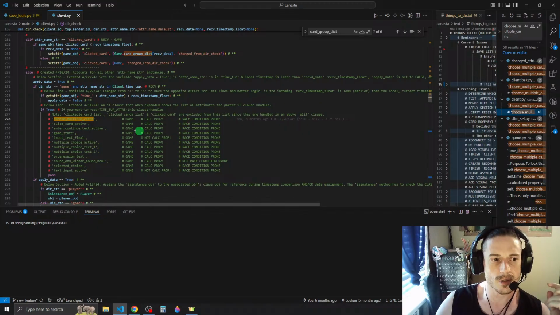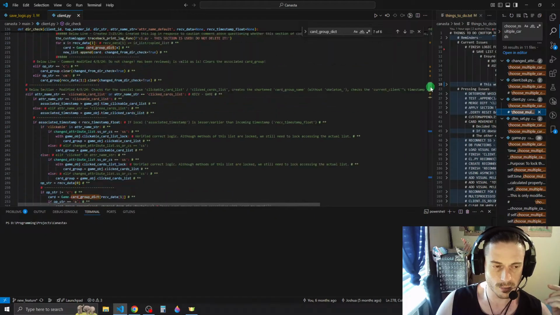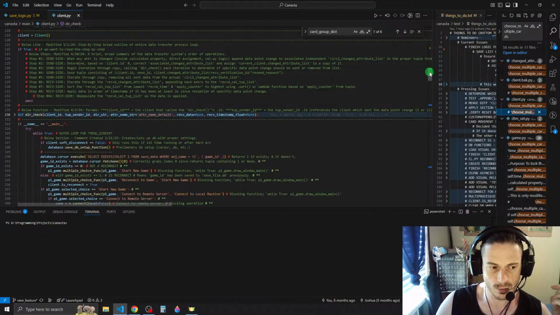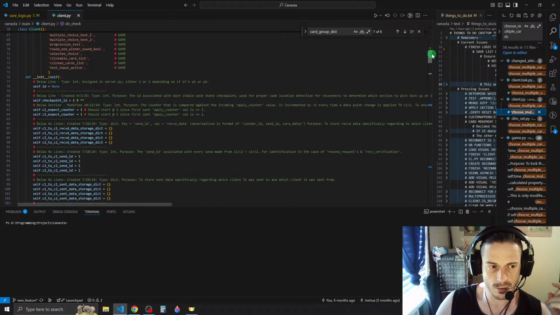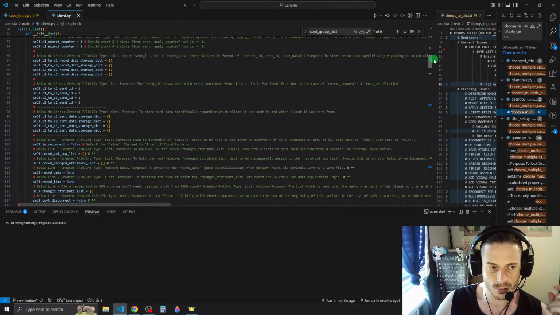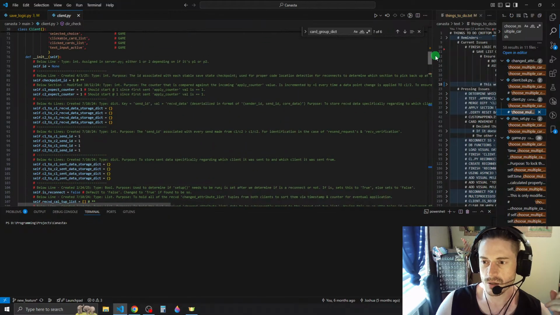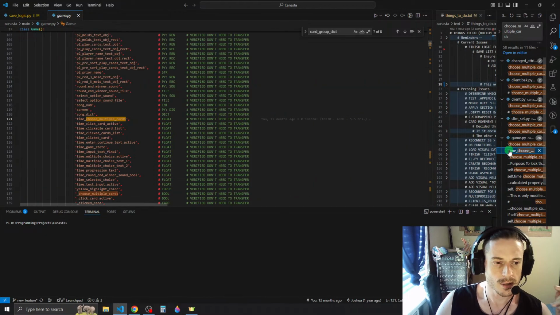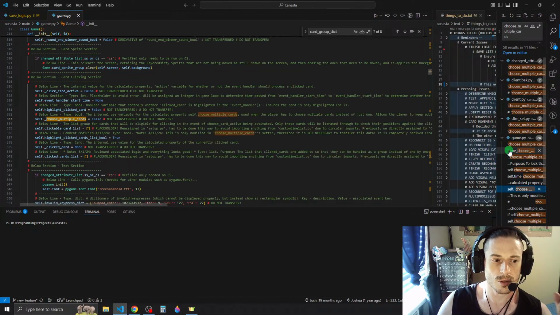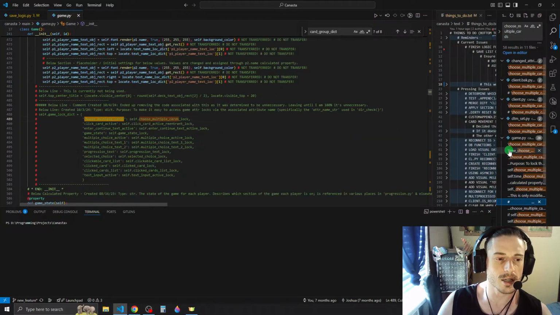So this one is an instance property, which, functionally speaking, is an instance. Is it an instance attribute? Where is this? Oh, it's in game. I'm looking in the wrong file, doofus. So time, choose one of the cards. Blah, blah, blah. So, yeah, so it is a